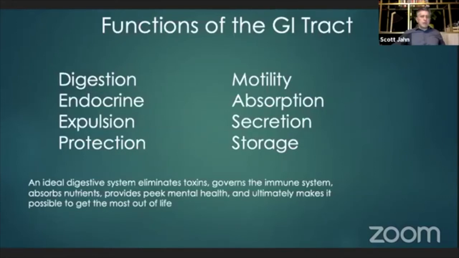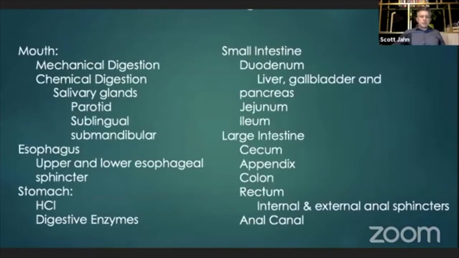Okay, the ideal digestive system eliminates toxins as well, right? Things like cholesterol and bacteria. We also have red blood cells that have been expunged go through the feces as well. Okay, so we talked about the GI having its own nervous system. Blood flow is through something called the splanchnic beds. Okay, and it goes out through portal veins directly into the liver, which is why the liver is an integral part in digestion. So this is a breakdown of what we're going to be talking about and how your